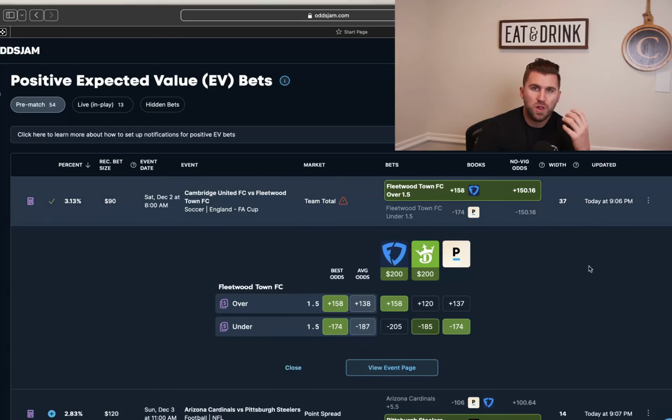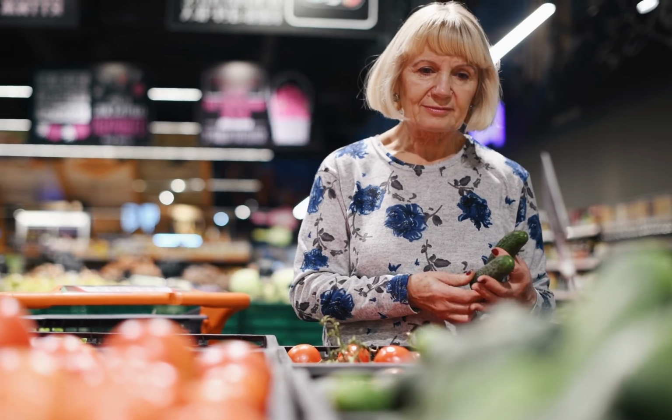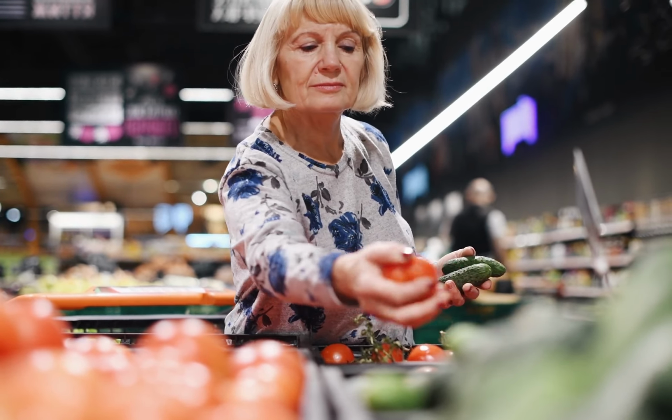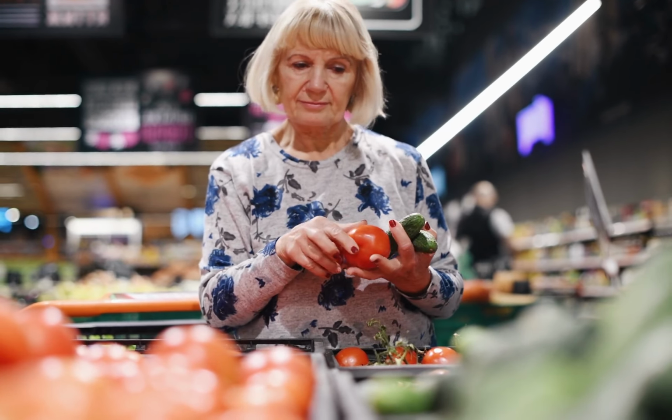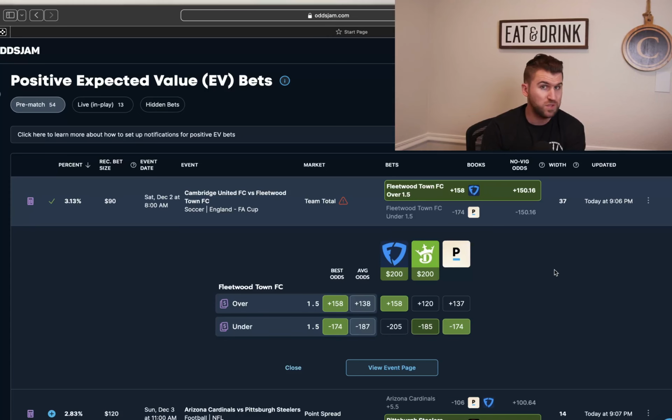Now, a lot of different factors, but for my Kelly criterion betting people out there, this is what's really important, right? We're taking the market width. We're taking what OddsJam has as the no-vig fair odds. What's the fair price, right? If you go to the grocery store to buy a gallon of orange juice and it's $3, you know that's not the fair price because the grocery store is making a profit off of you buying that orange juice. Otherwise, they wouldn't sell it. Probably the fair price is maybe $2.50. Hell, maybe it's $2, right? So the same thing when we're betting on sports. We know that we're getting this at plus 158 at FanDuel, but what are the fair odds? Well, the fair odds are plus 150 for the over 1.5 and minus 150 for the under.